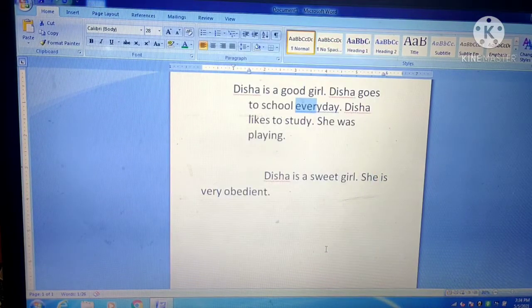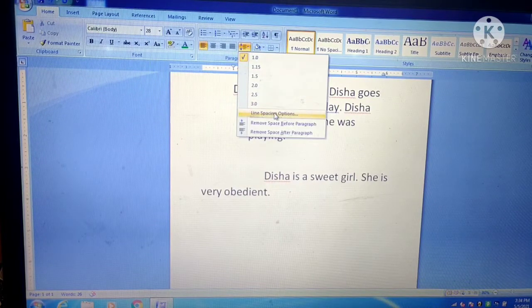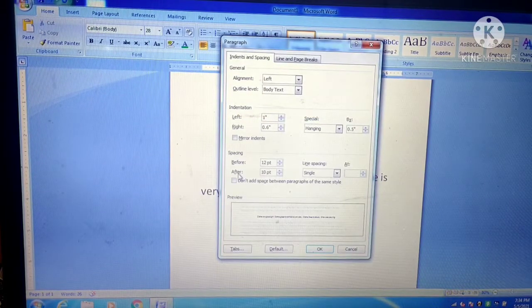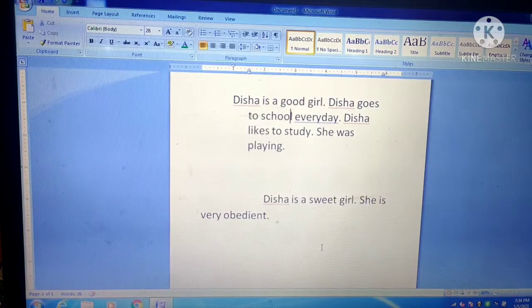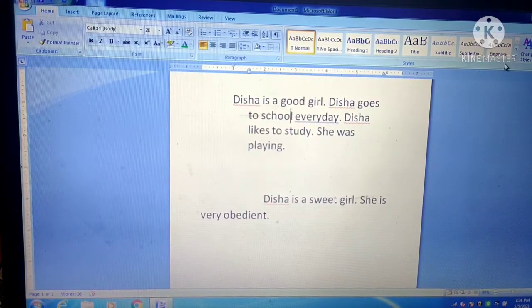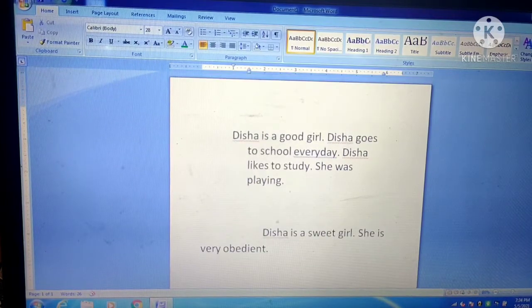We will click on OK. There is more space before the paragraph and after the paragraph.